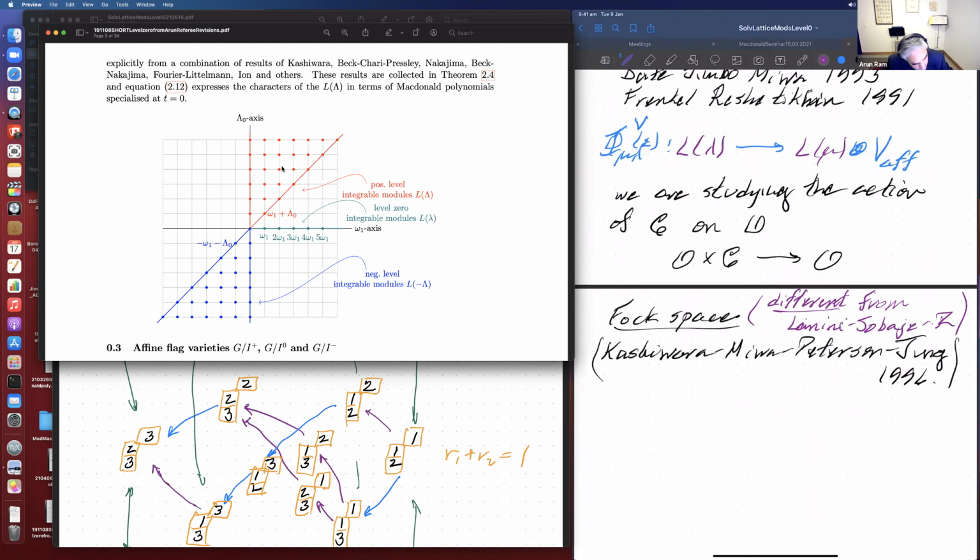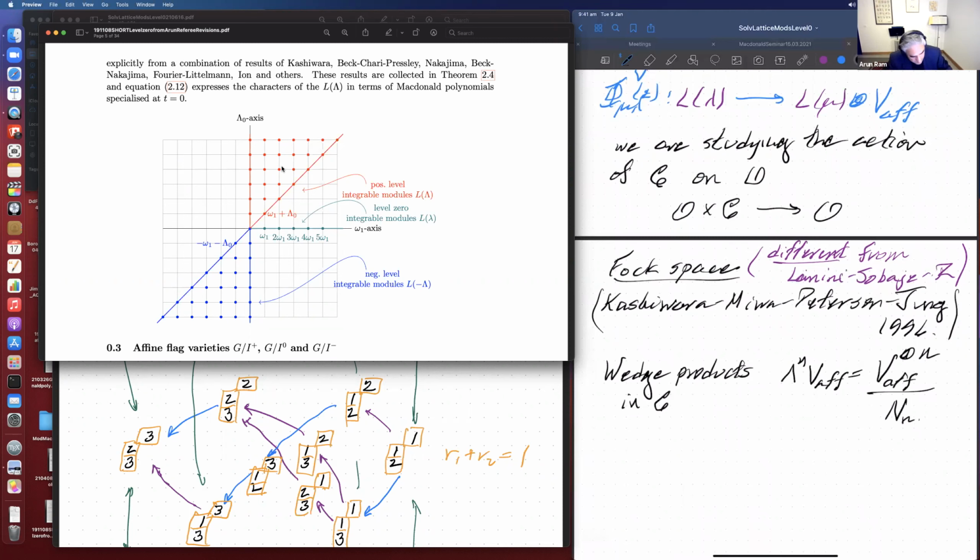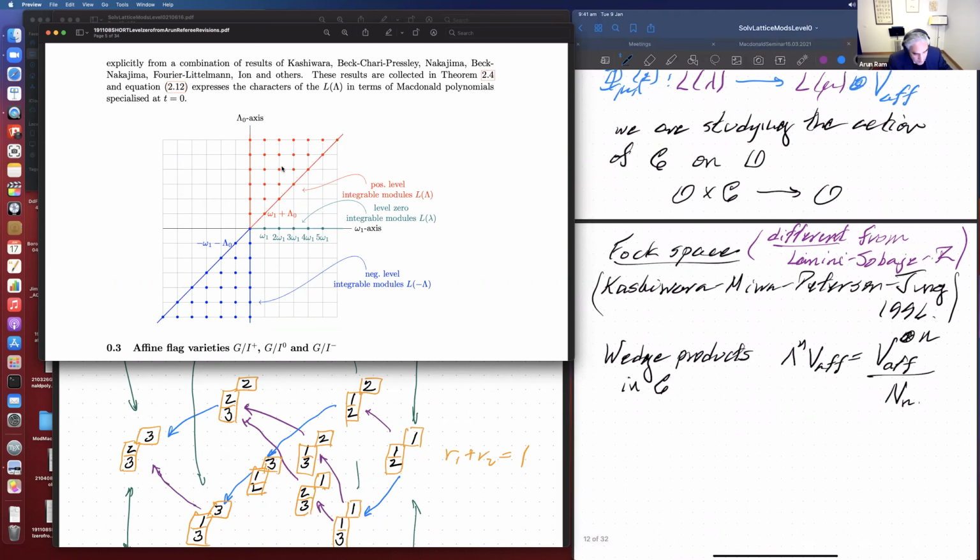All right. So the game is as follows. We want to look at wedge products in the category C. And this is really quite amazing that you can take this module VF and you can define a wedge product of it as the tensor product modulo some submodule. So I find that just completely amazing because even for quantum groups of type C, it's hard to make wedge products, for example. For quantum groups of type G2, I normally don't know how to make wedge products, but they have managed to do that. And then they build a Fock space. Well, they build many Fock spaces, but in this category C again,